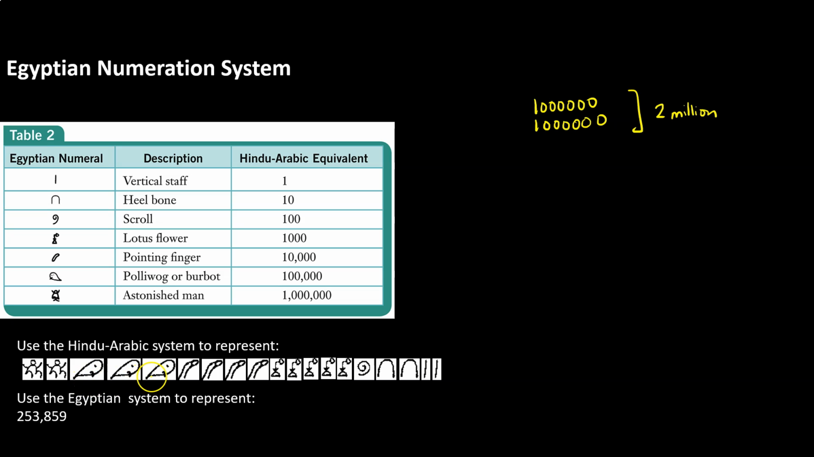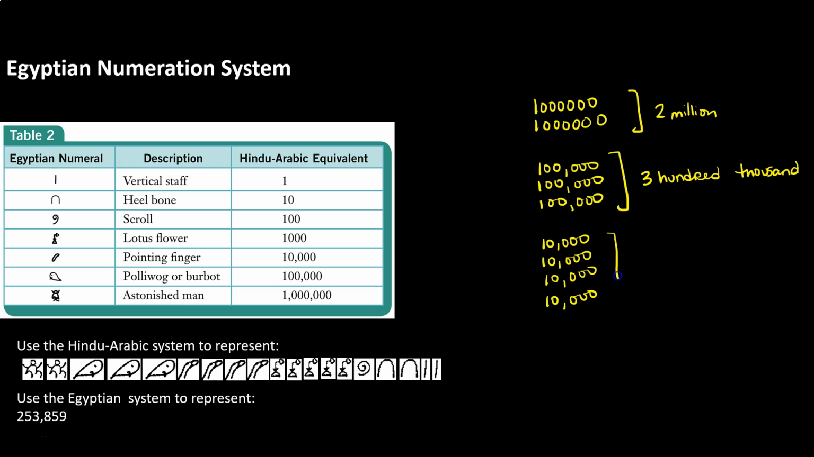Then we see that we have 3 polywogs. Polywogs represent 100,000. So we have 300,000. Then we can see that there are 4 pointing fingers. Pointing fingers represent 10,000. If we have 4 of the 10,000 numerals, that's the same thing as saying 40,000. Then we have 5 of the lotus flowers, which represent 1,000 each. So that would look like 5,000. I see one scroll, which is 100,